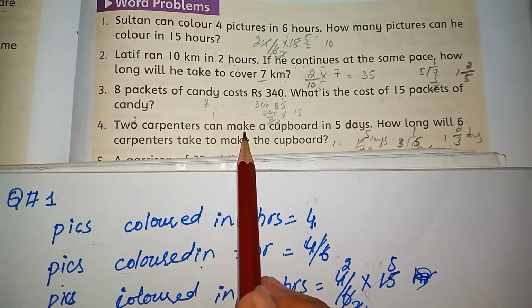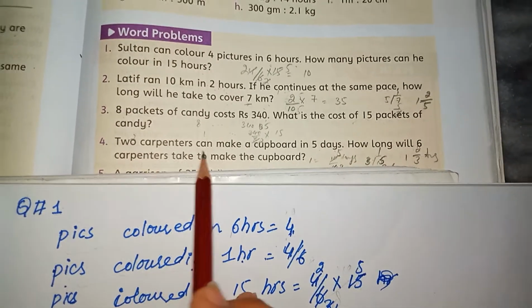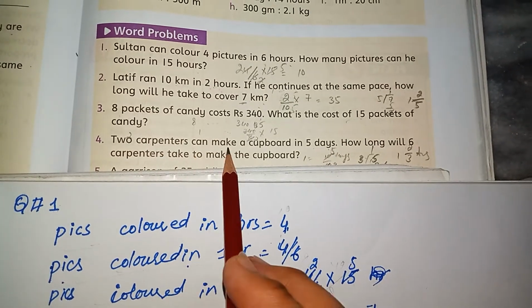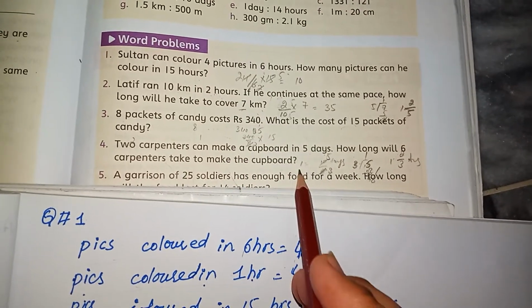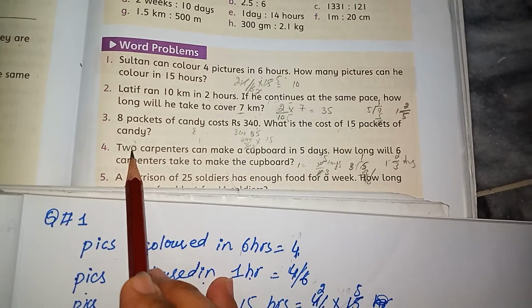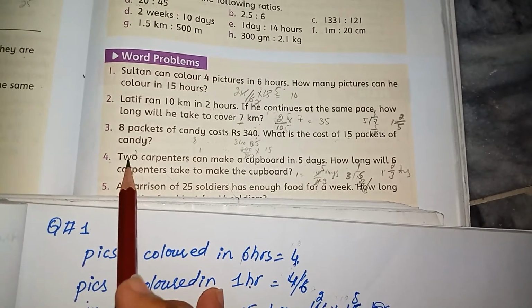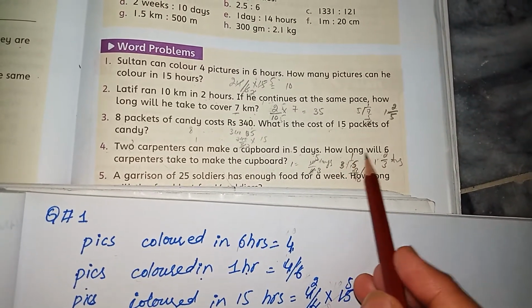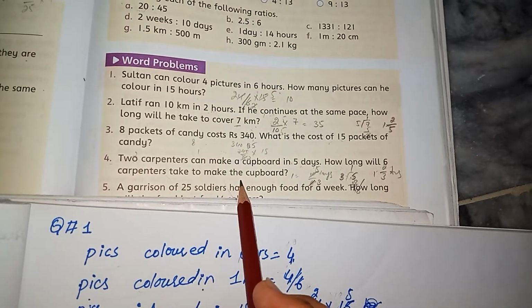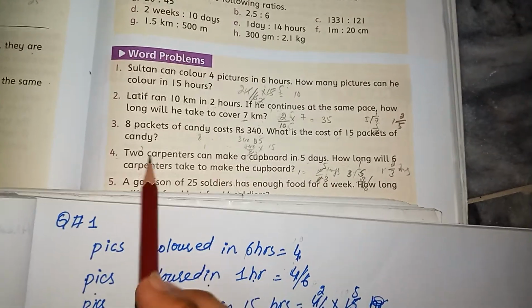Now come to the other question: 2 carpenters can make a cupboard in 5 days. 2 carpenters, how long will 6 carpenters take to make the cupboard? So if the carpenters are fewer and the days are more, that was direct proportion, and now we come to the indirect proportion. Here 2 carpenters were making a cupboard in 5 days. If the carpenters are 6 and the days will be shortened, so the procedure to solve that question is